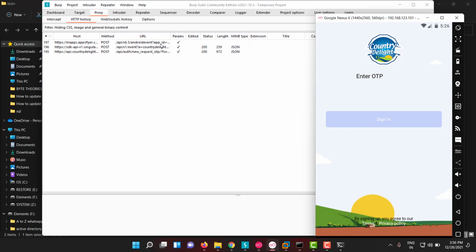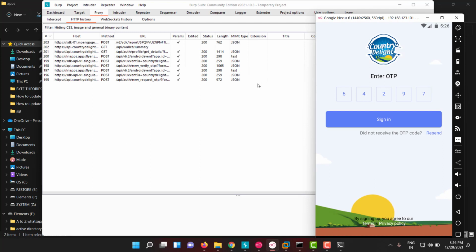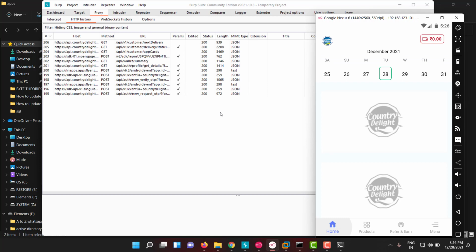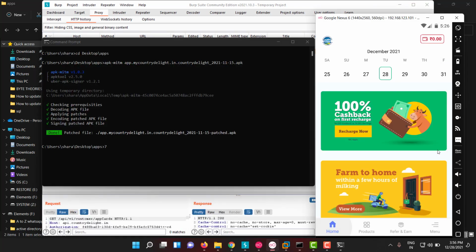It doesn't ask anything else, right? And it sent the OTP also. It authenticated. That's it. We didn't hook any script, so it directly authenticated, without any script. Whatever patched APK we got is already ready.